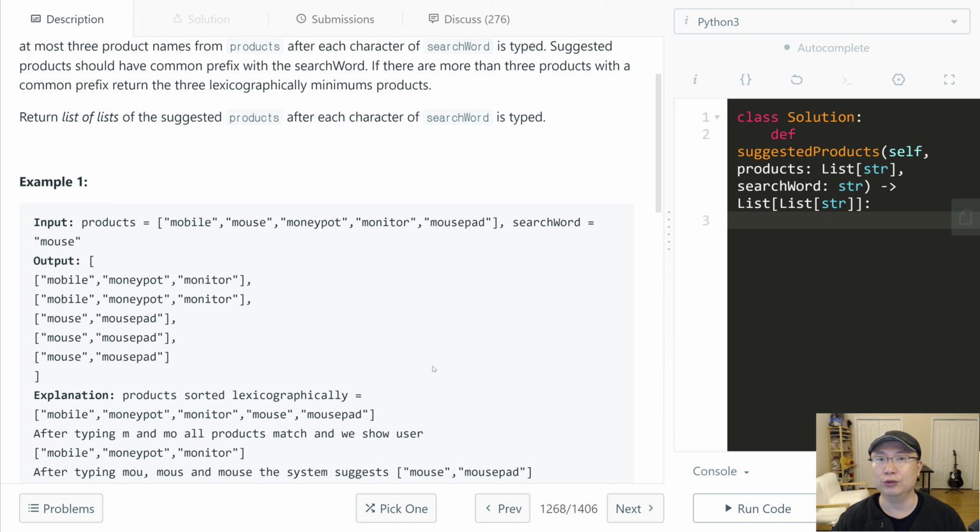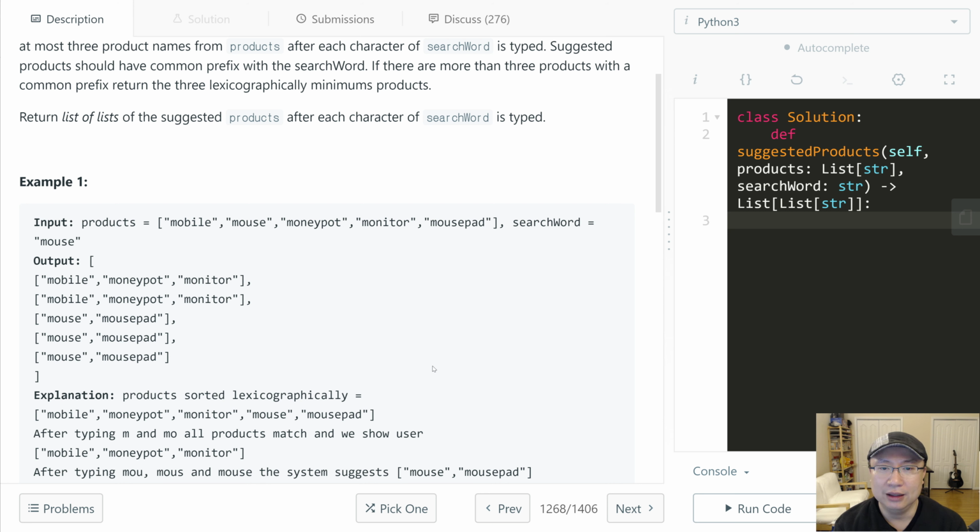There are a lot of approaches for this question, such as maybe we can use a trie, or a list, or binary search, or the two-pointer technique. Of all of them, the best performance approach is the two-pointer technique, so this time I am going to use the two-pointer technique. First, I will sort the product list